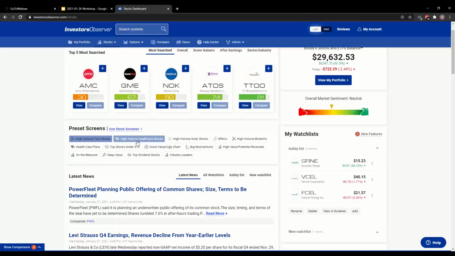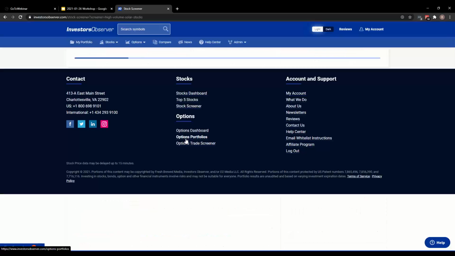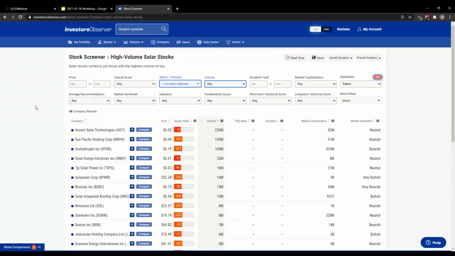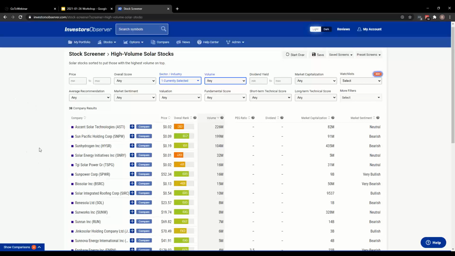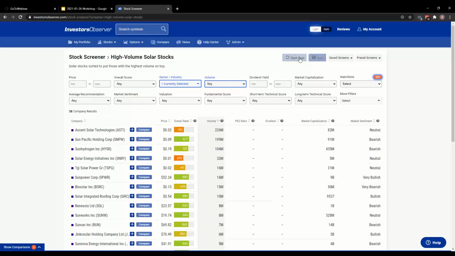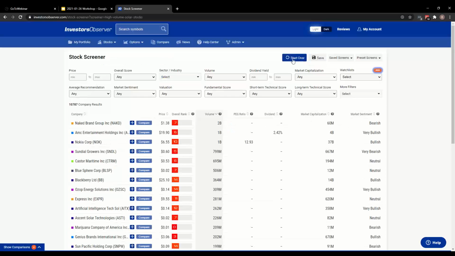Yeah, so you can hit one of these if you want, or you can view your watch list in the screener, like we talked about. If you want to see solar stocks that have the highest volume, boom, there it is. But then you can also, if you just want to start from scratch, you can start here. And